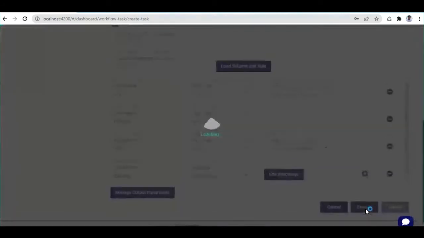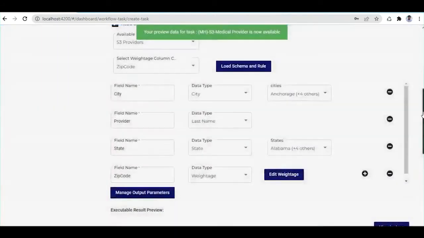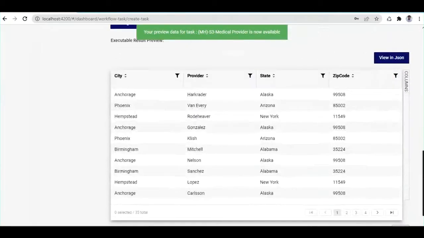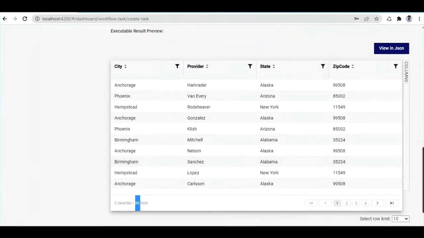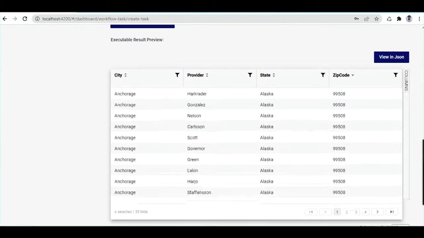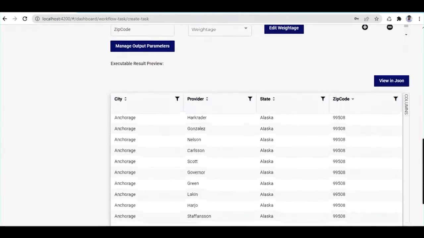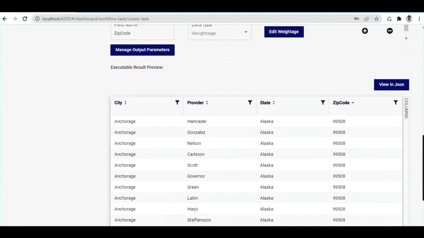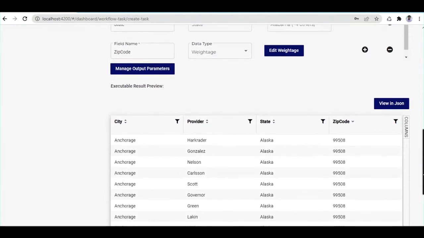As soon as I click on the execute button, we could see the relevant test data would be generated. Let's say out of 35 records, it is 33 percent, which means around 12 records. If we check 99508, Alaska records are around 12 records. So 10 plus 2, 12 records. This is how very easily we can generate the relevant test data as per the weightages or